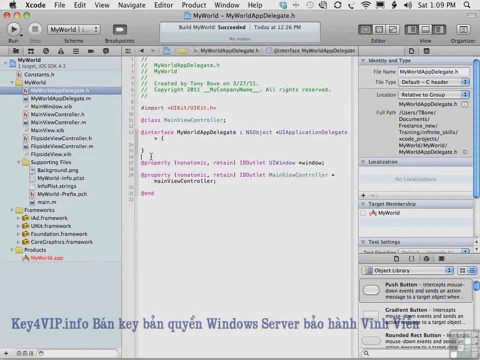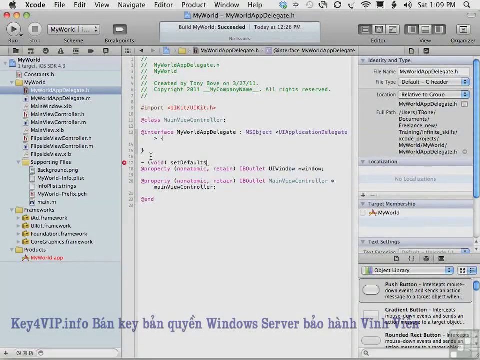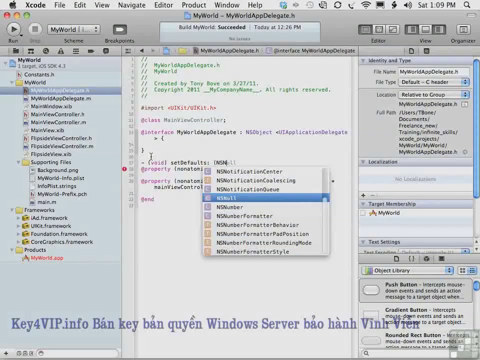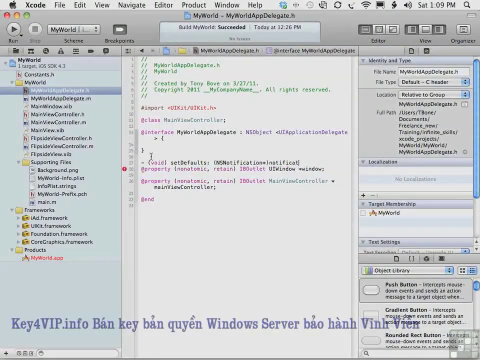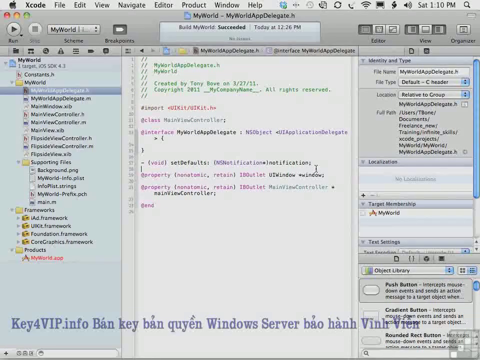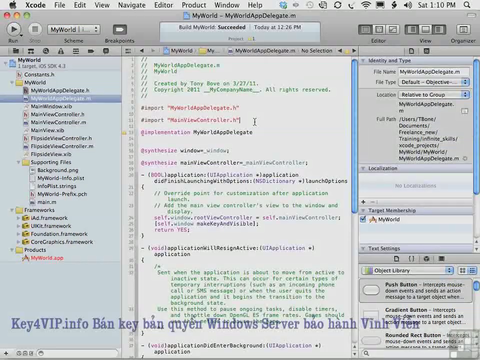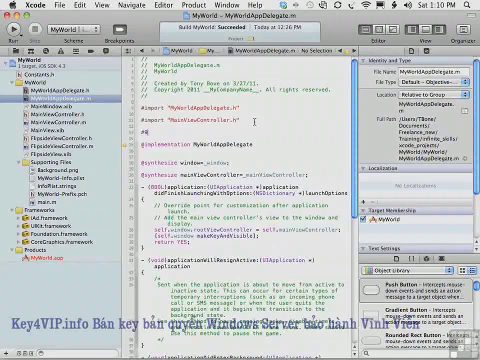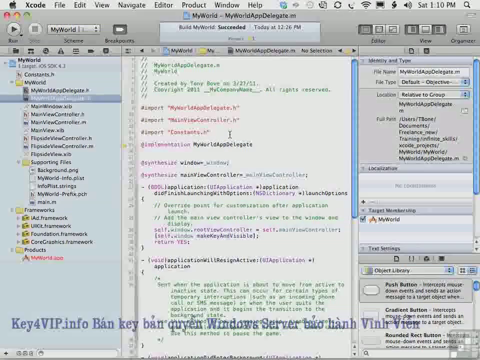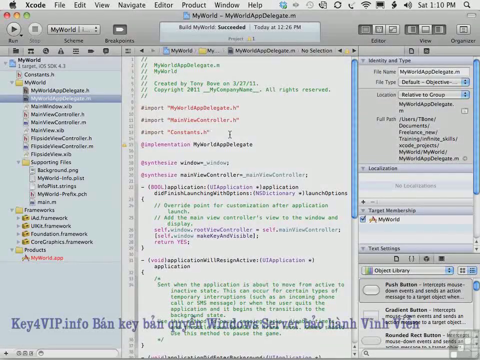myworldappdelegate.h. Here we can add the declaration setDefaults, NSNotification asterisk notification. So here in the header file, we're notifying the compiler that this setDefaults is going to be coming down the pike. Now we move on to myworldappdelegate.m. Here we have to now import the constants file that we just described. As you recall, the constants.h file contains our key definitions. So now we've imported constants.h into the myworldappdelegate, and we can now use these keys with NSUserDefaults to save and